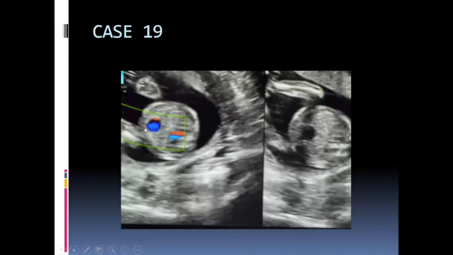This is a prominent umbilical vein. It's also known as umbilical venous varix. If the fetal intra-abdominal part of the umbilical vein is more than 9 mm, or if it's more than the intrahepatic part of the umbilical vein, it is called a varix, umbilical vein varix. The importance of documenting this is that sometimes it can enlarge and cause hydrops in the fetus. So we have to document it in our report and ask for follow-up scans to see whether it's enlarging, whether there is any edema developing or any cardiac failure developing in the fetus.